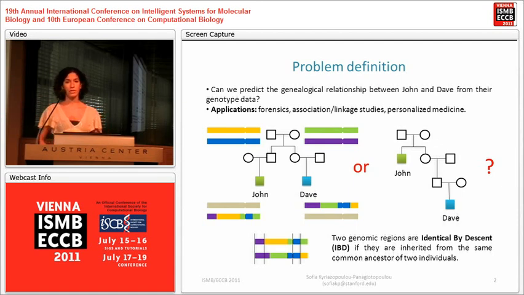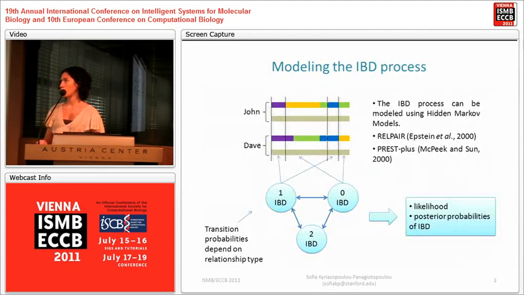Different types of relationships imply different underlying processes of meiosis and recombination, which in turn lead to different patterns of IBD along the genome. So how can we model this IBD process? And how can we use this information to answer the question at hand, which is to infer the relationship between 2 individuals? Previous methods, such as RelPair and PRES+, have used hidden Markov models, or HMMs, to model the IBD